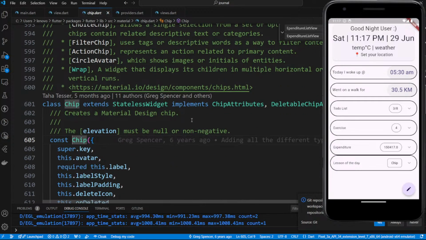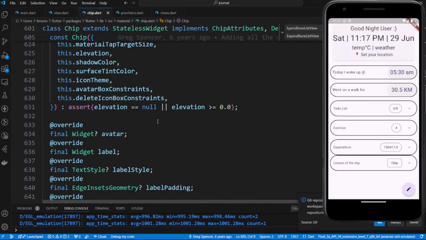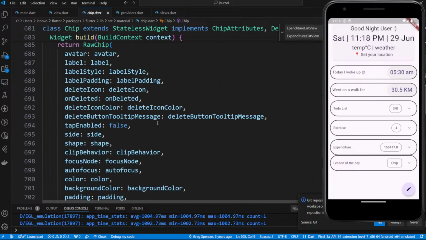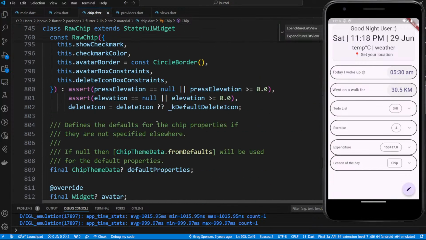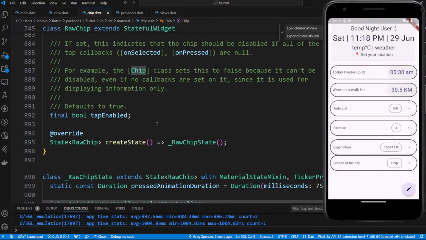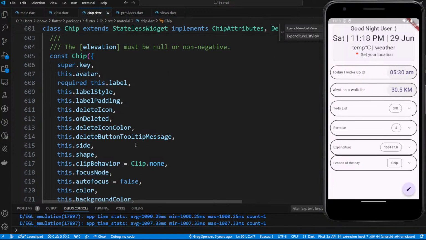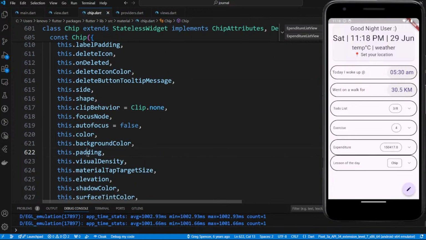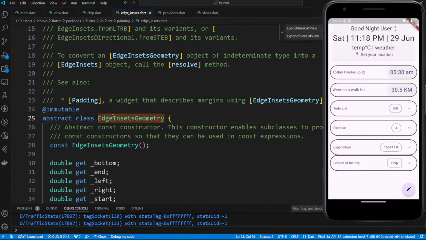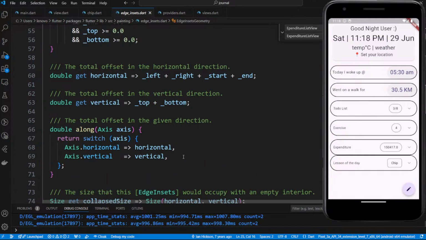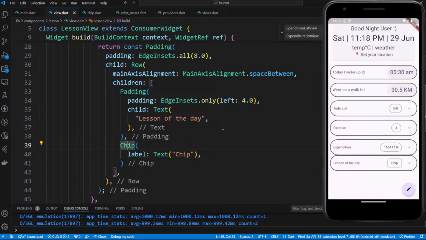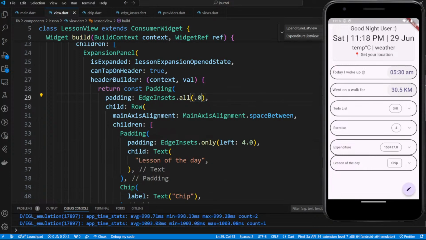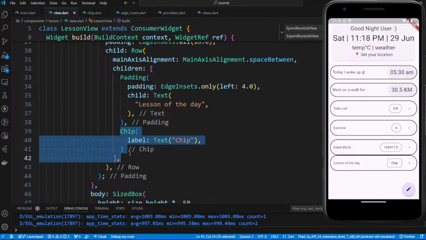So let's see, chip extends, chip attributes. Where do we see what is the height and width of it? There should be padding or something, right? So what's the padding? By default it should put up a 16. So let's do one thing. Instead of 8, let's go for 16 and remove the chip. Okay,